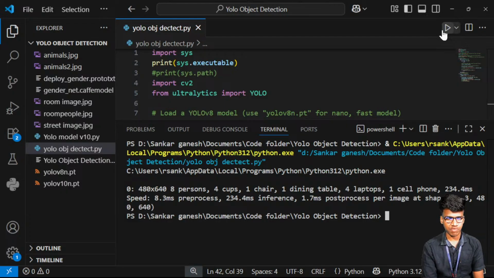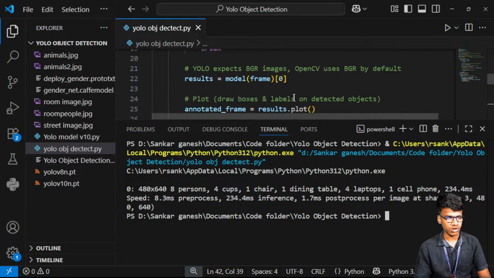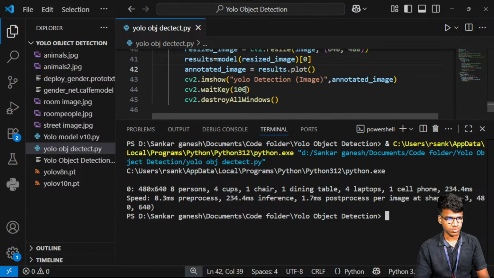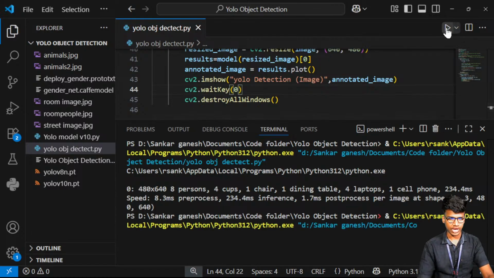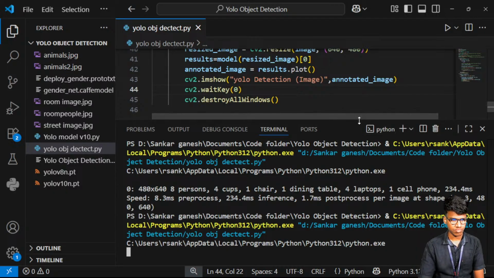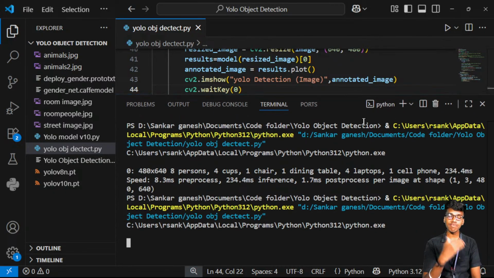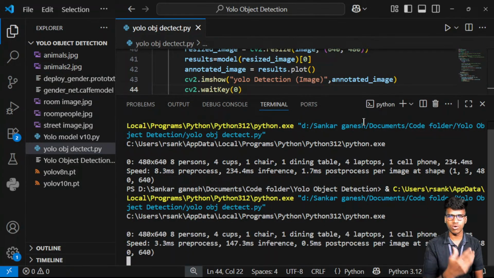And next is the speed of the particular image showing: pre-processing, inference and post-processing, everything will be there, and pixel values are also represented in this place. So what will I do to hold the particular image? I can go with changing the frame wait, 0 means it is infinity. I give 0, that is infinity. Again I run this, you can see this time the image is held. When I close the image, it still holds the image.